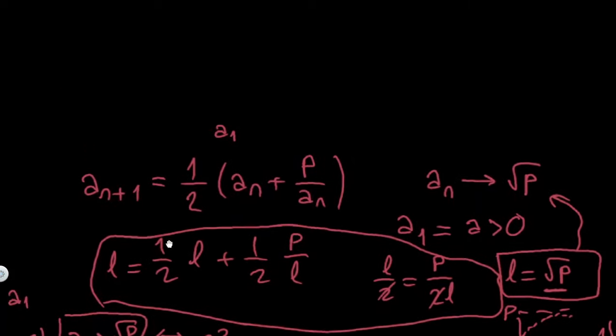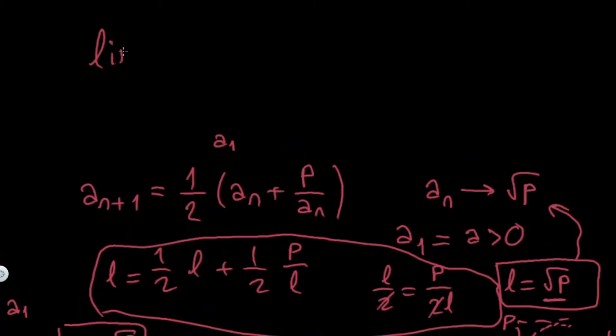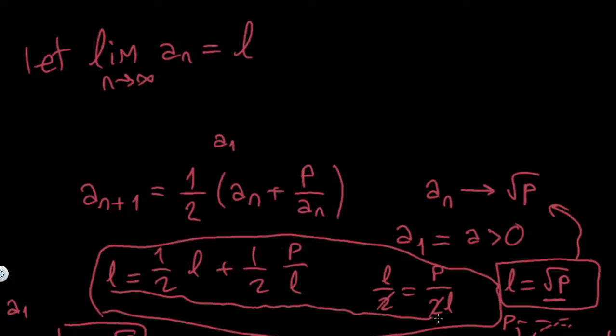And now I can just say let the limit as n goes to infinity of an be equal to L. And I can do literally this thing. So now this is fair, and I can find L is equal to square root of pi. Then I'm going to find L is equal to square root of pi. And this is how to prove